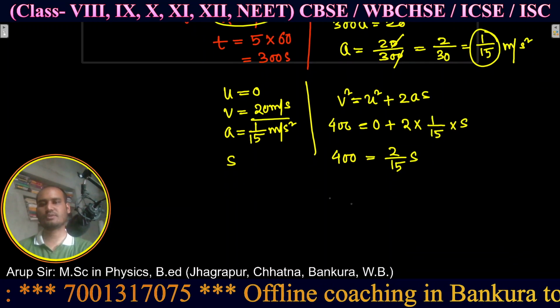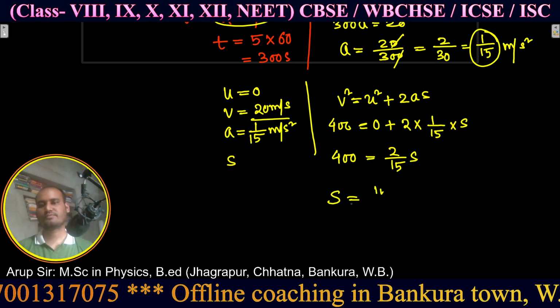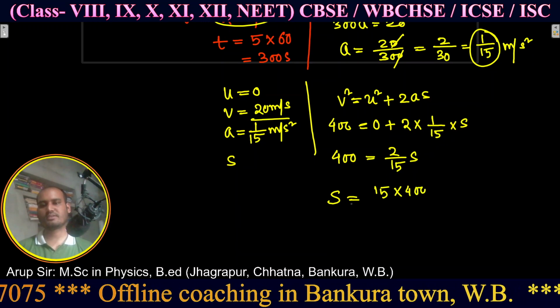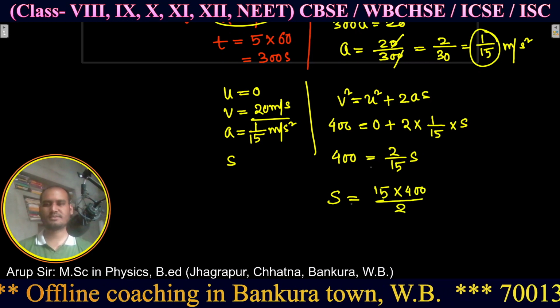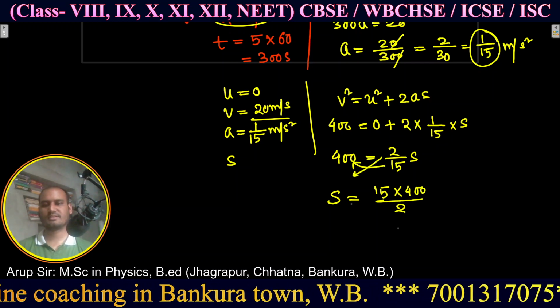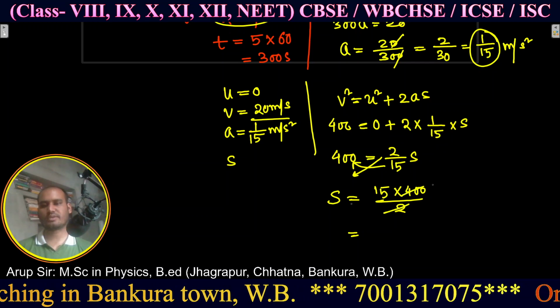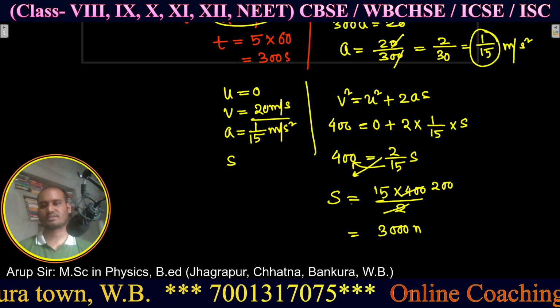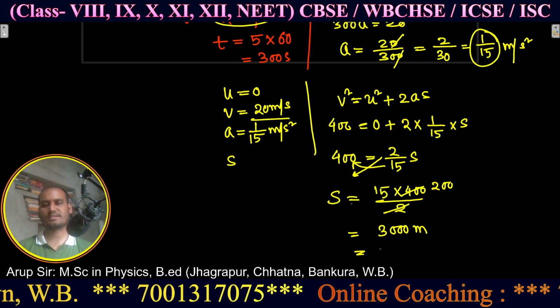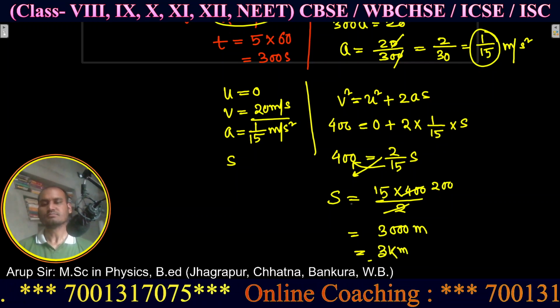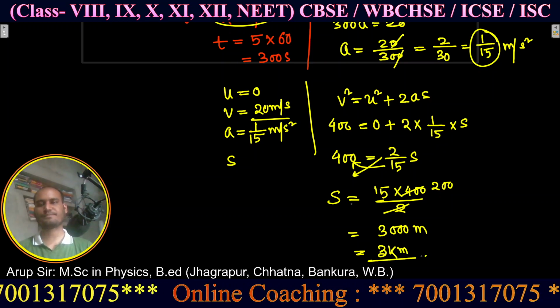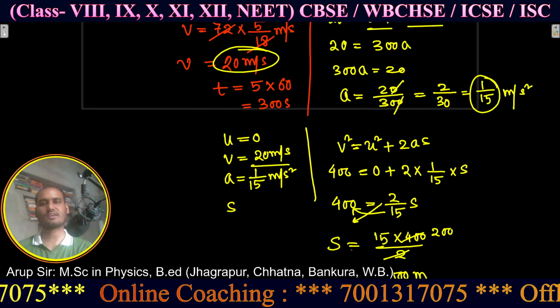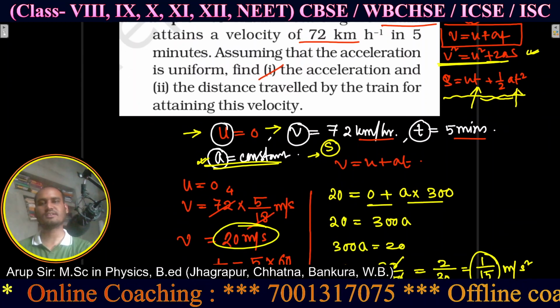What is the value of s? So s equals 15 into 400 by 2. After cross multiplying, I am just cross multiplying the things. So 400 by 2 is 200, so it will give you 3000 meter. 3000 meter means how much kilometer? That is 3 kilometer. So 3 kilometer is the distance after which the train will attain